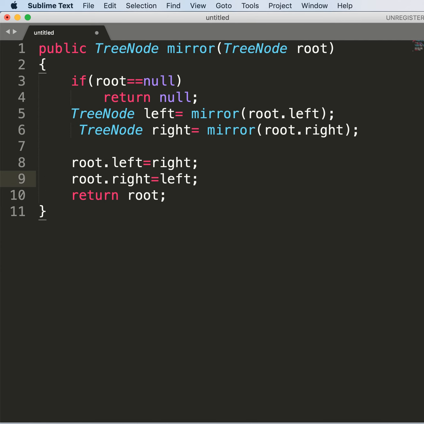So you can realize here why this function has to return. When we call for the left or right subtree, it will return its reference back to the left and right variables, and we have to store this explicitly. Suppose we are not storing it and we point root's left pointer to right. Then when we have to point the root's right pointer to left, we won't have that reference because root's left pointer will already be changed to right. So that's why we need to store this reference in some variable. So that's it.